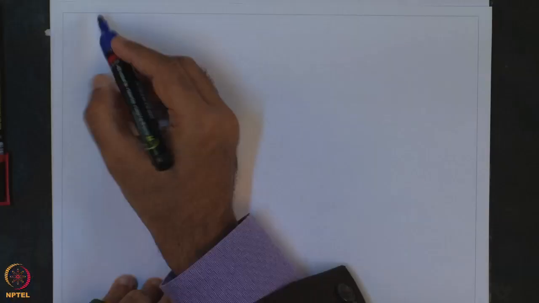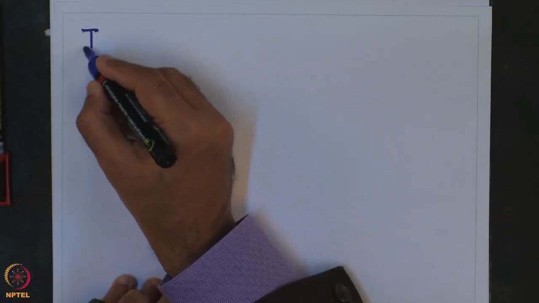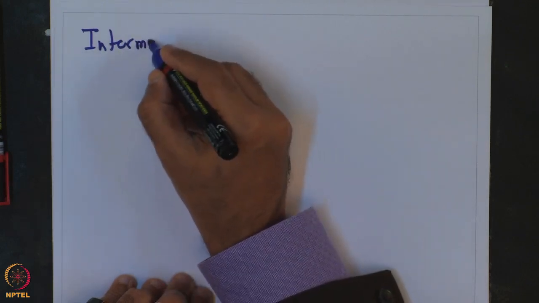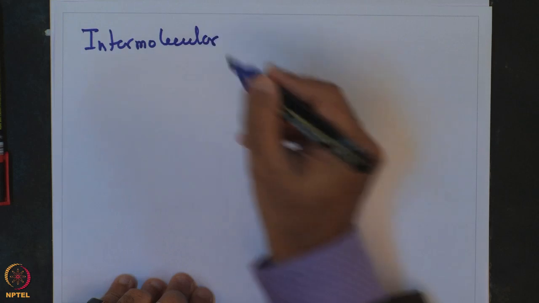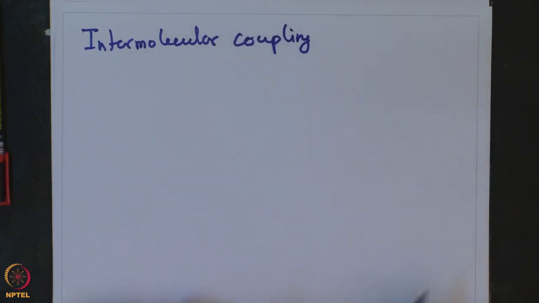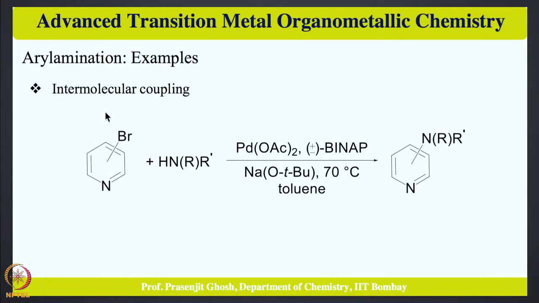So, another example on this front involves intermolecular coupling, which we are going to be seeing right now. The previous one was an example of asymmetric intramolecular coupling, and this one is going to be an example of intermolecular coupling,